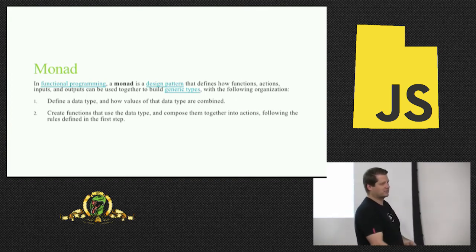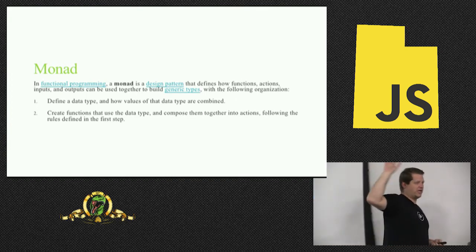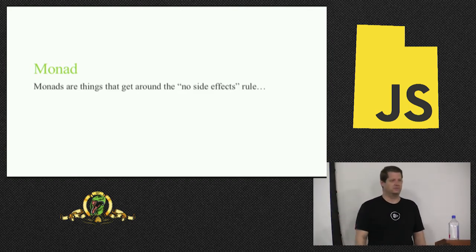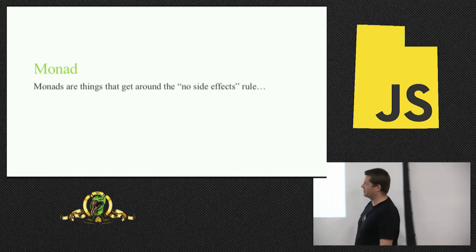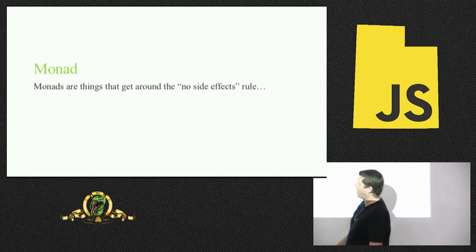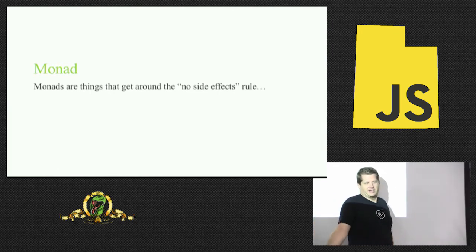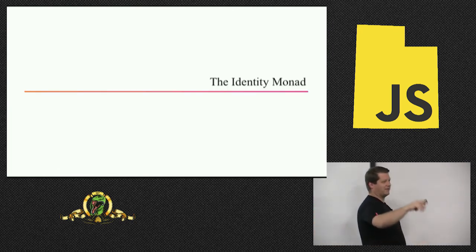So if you're writing Haskell, you need to change data, we're going to use a monad. A monad basically just are things that get around the no side effect rule. That's ultimately what it comes down to. And if you are a functional person and you really understand what a monad is, you are going to be very irritated by this simple explanation. But ultimately, that's what it comes down to. And I'm going to show you my point.